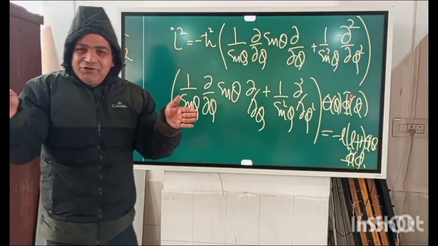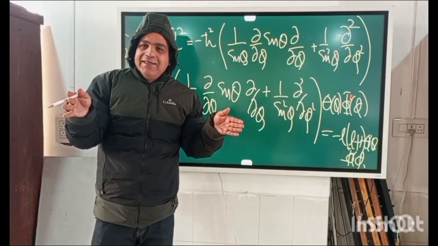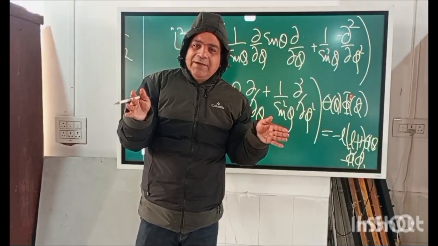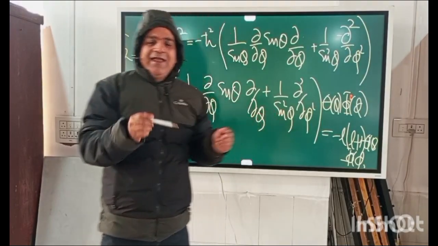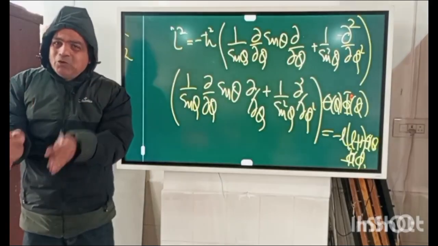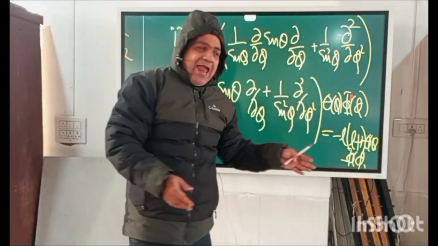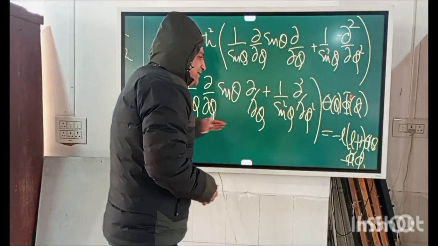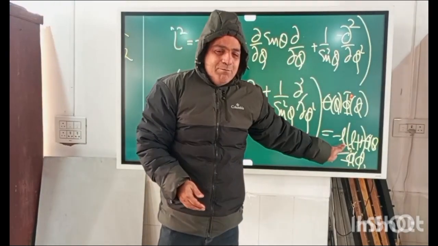You can rearrange your Schrodinger's equation written in spherical polar coordinates, and you will see that the angular part, which comprises both theta as well as phi, is equal to minus times